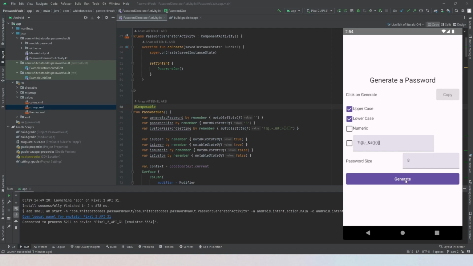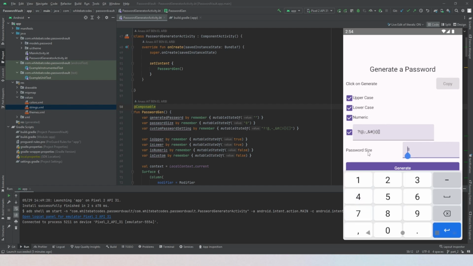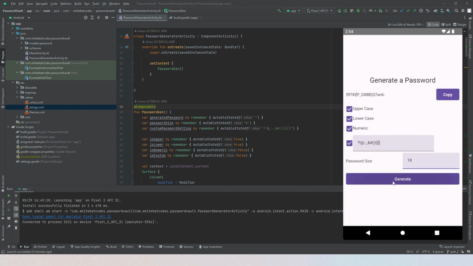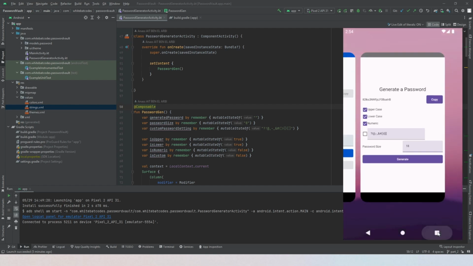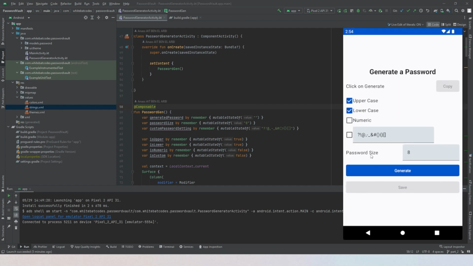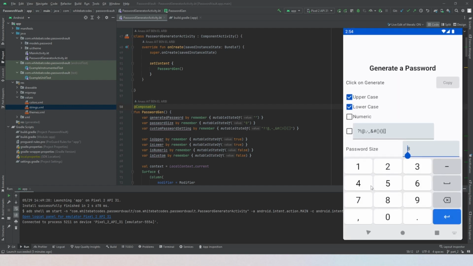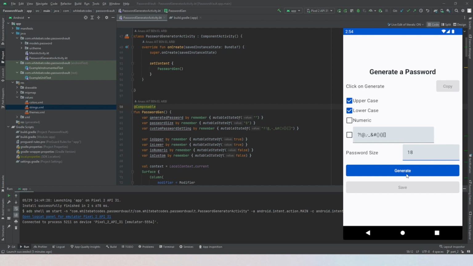Hello, in the last videos we have developed this application where the user could enter their preferences like this, enter a password size, and they can generate a random password like this. So in this video we're going to upgrade this application to allow the user to save a password. We're not there yet, but in this video we are going to